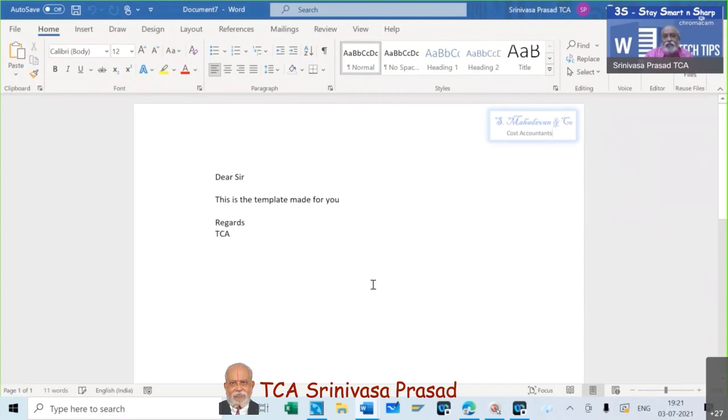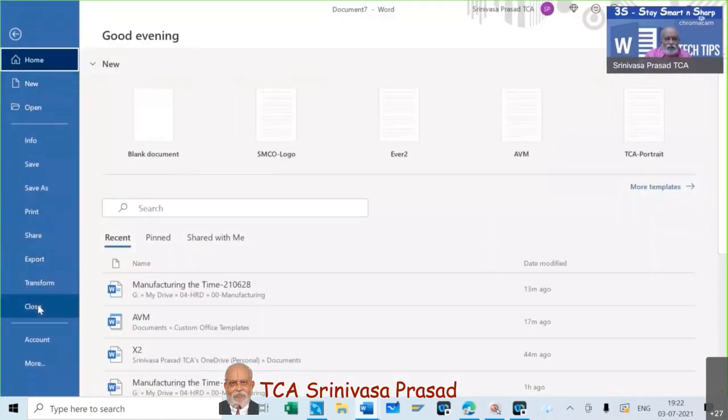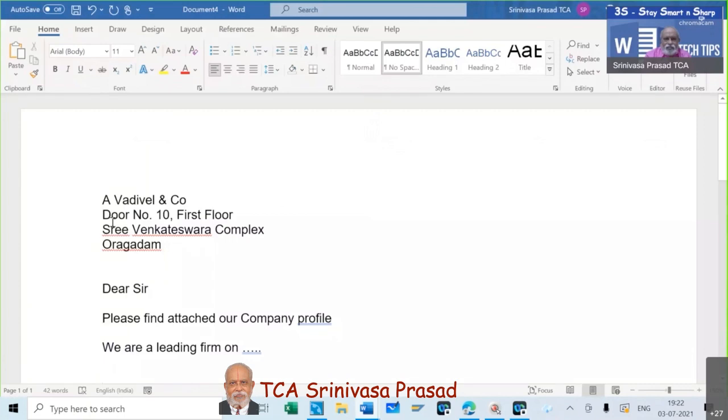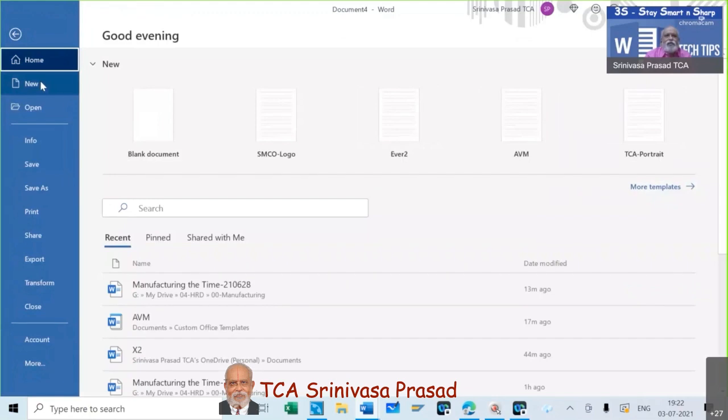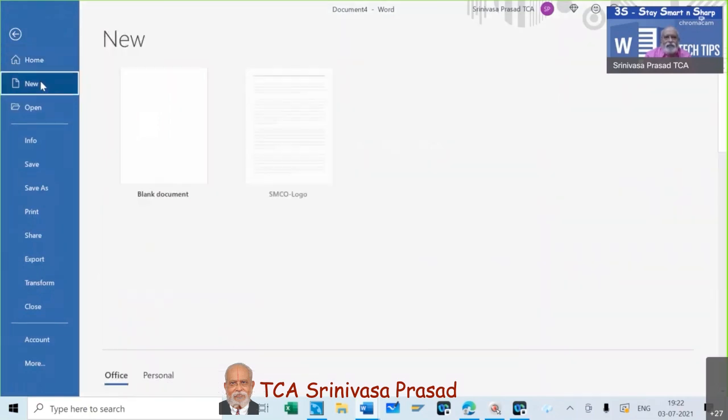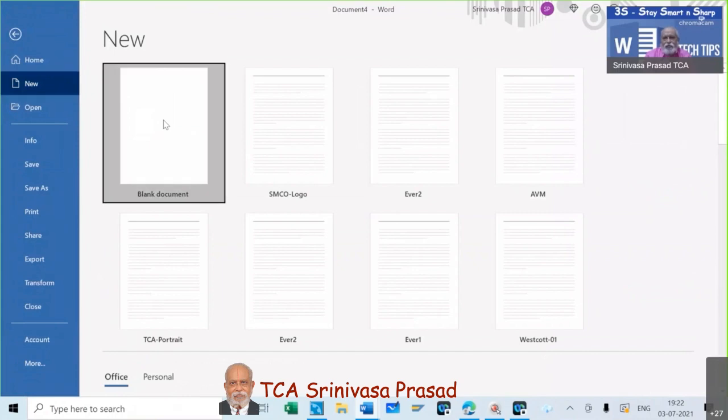This is how the template is made. Now what we will do is create a template. I have requested Mr. Vadivel to give me a template, the seal. So we will create a new template itself now with a blank document.